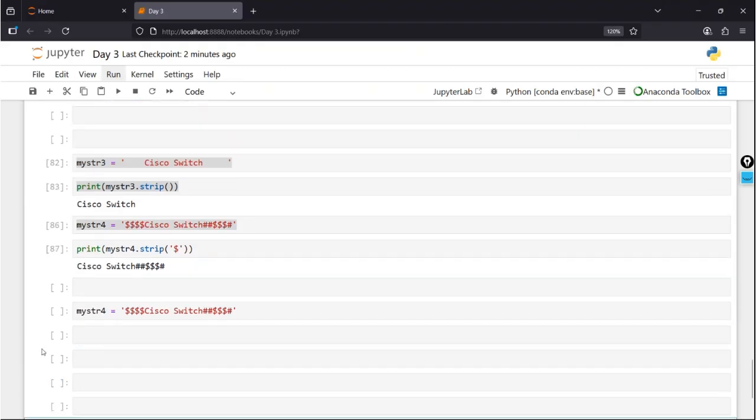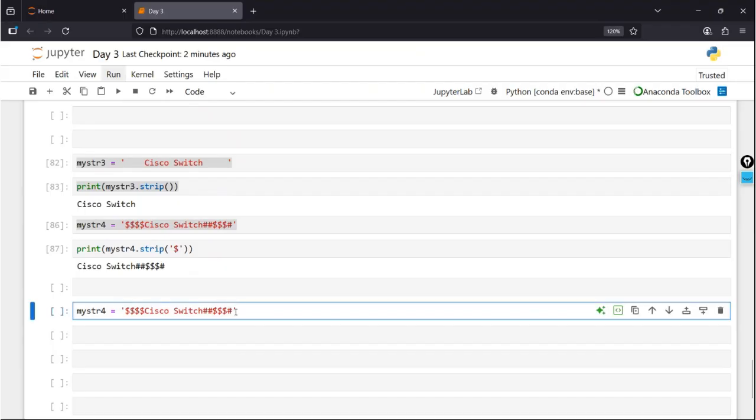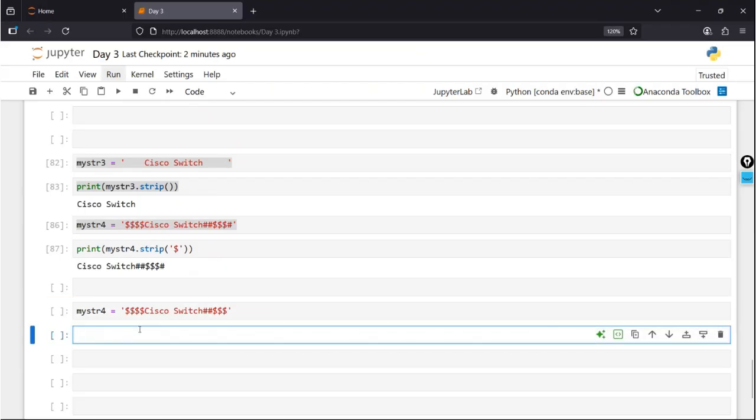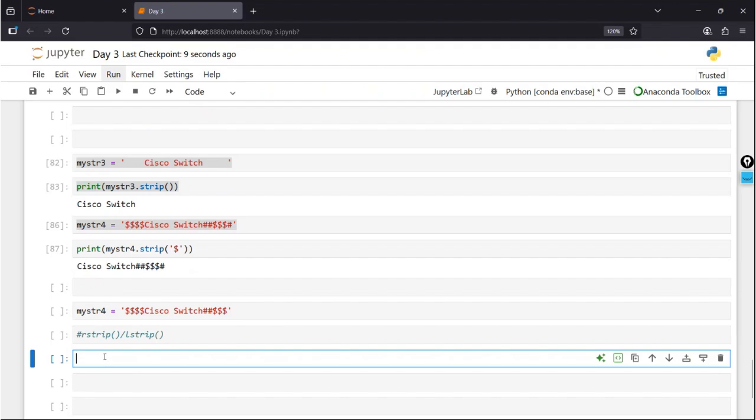So here we have syntax for this. We call it R strip, R for right, L strip for left strip. So this is for right, and we can either use this or L strip. My string 4 dot R strip, and inside it you need to mention your dollar. If you want to remove a dollar,